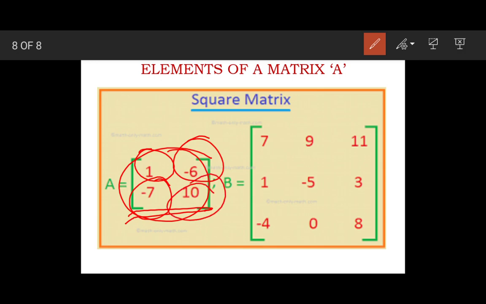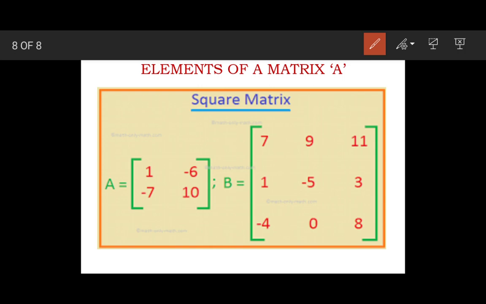Okay, position of all the elements of matrix A. So first write the order of matrix A, then write down position of all the elements of matrix A.